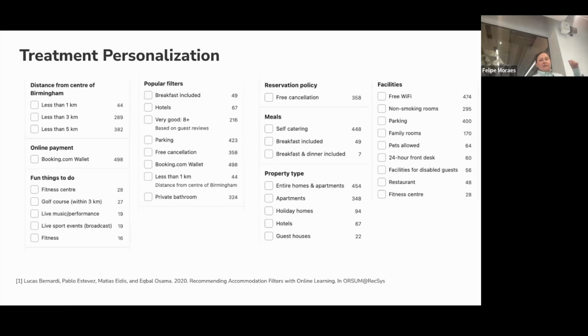It can be distance from the center of Birmingham, it can be fun things to do, or maybe you would like to have your pet with you, right? And our colleagues at Booking worked on finding the most suitable set of filters for you. So in that case, the set of filters is a personalized treatment.